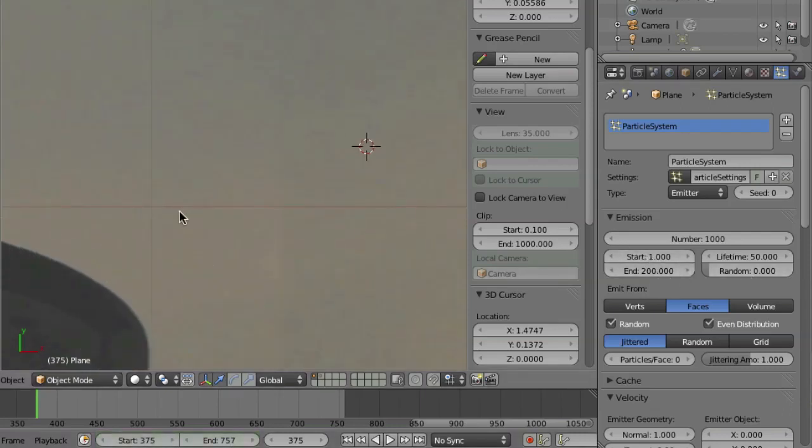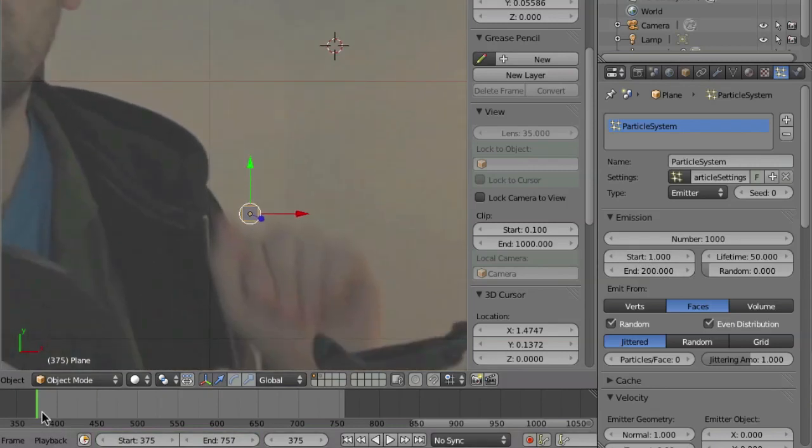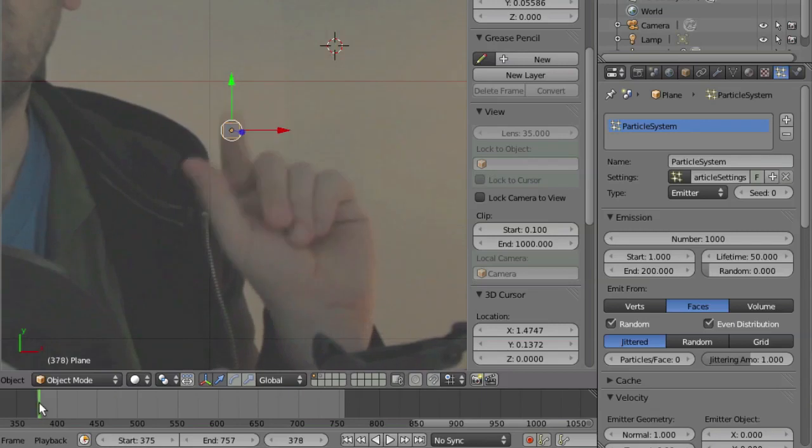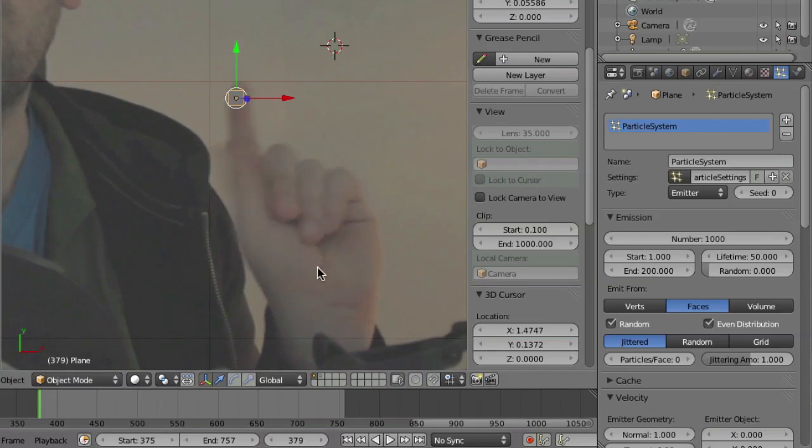So when I look at that, the finger is really just up on frame, where is it? Here, maybe let's say 378. So that is the frame where I want to have the particle system start emitting particles.